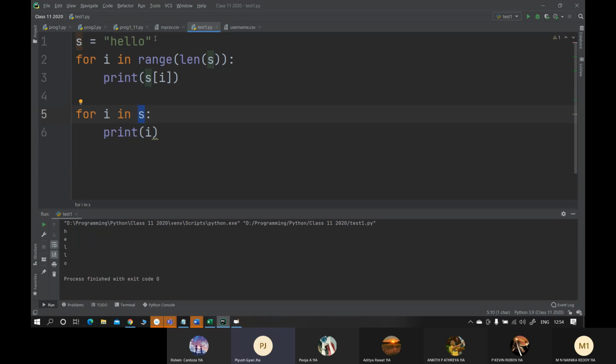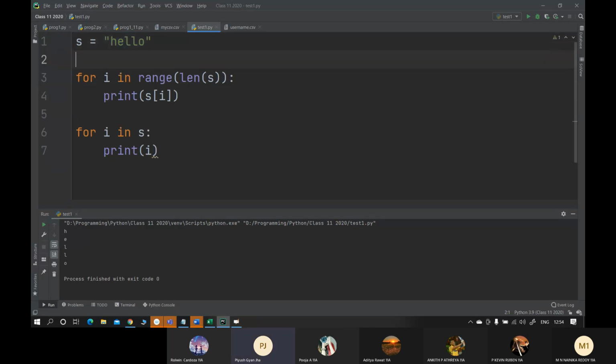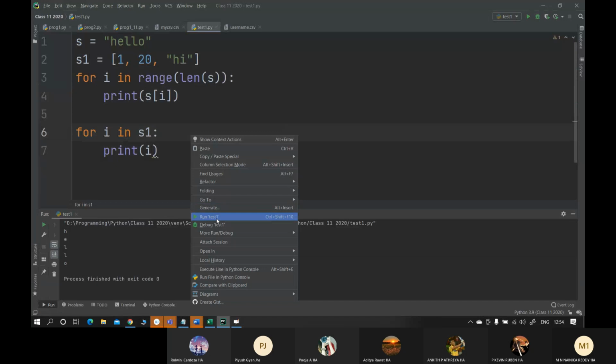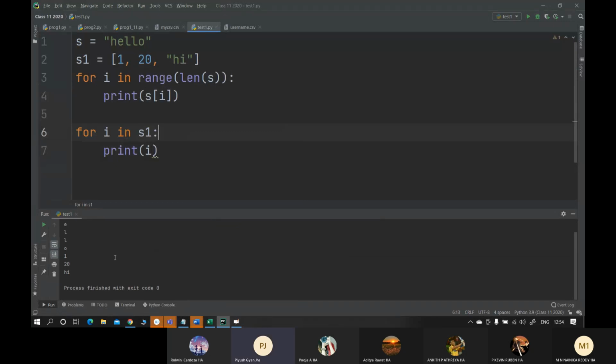Okay, this is even true for a list. So you can write, let's say S1 is equals to a list, 1, 10, high. And you can change it to for I in S1. देखो.